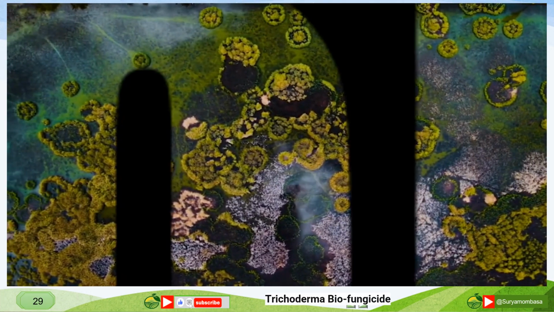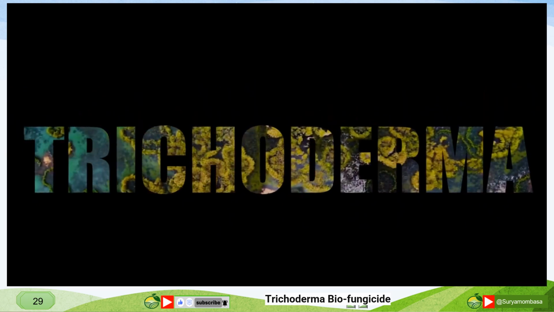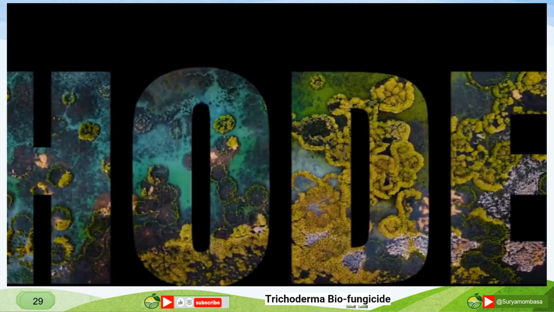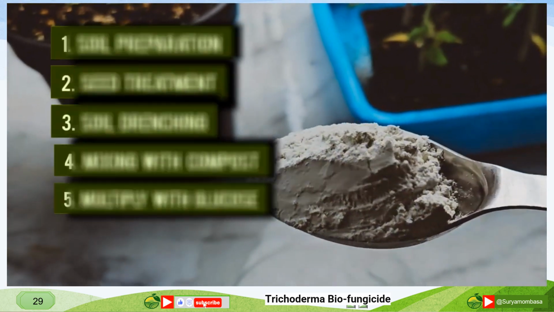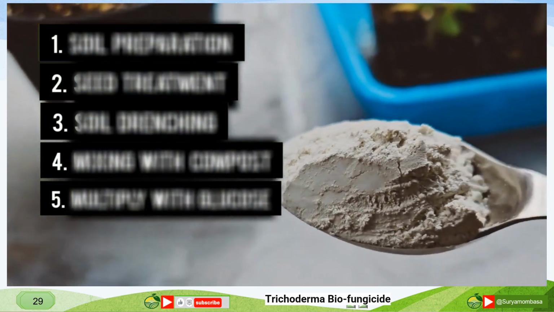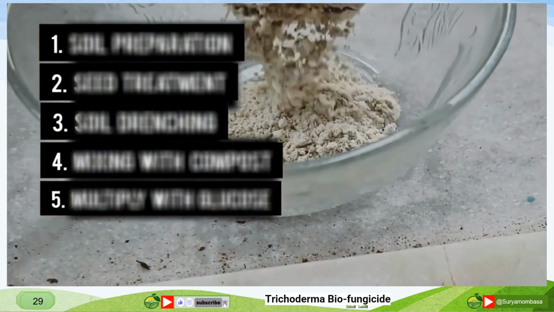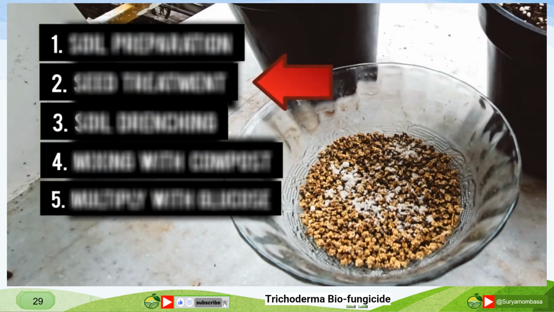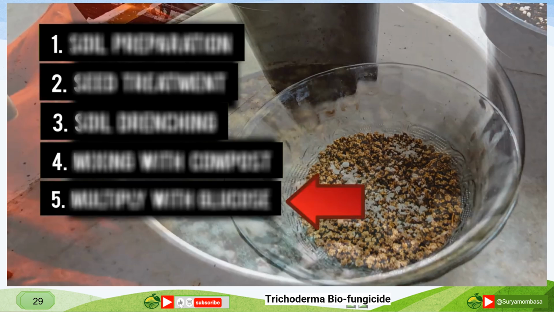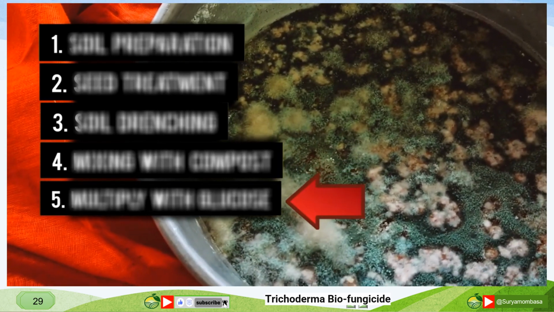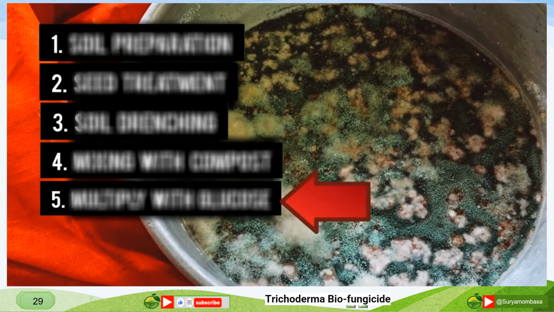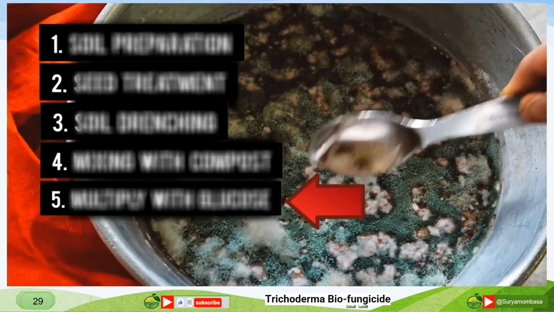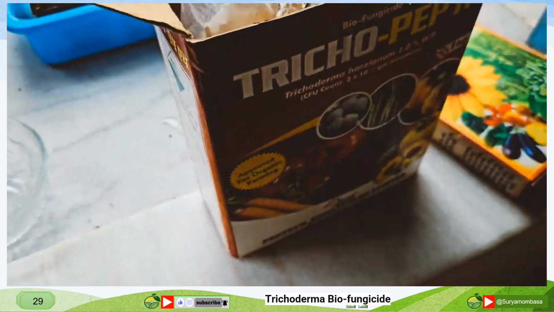In this video, we are diving into the incredible world of Trichoderma, a beneficial fungus that can do wonders for your garden. We are going to explore 5 unique ways to use this organic biofungus for your plants. Stay tuned because point number 2 is a game changer for starting seeds, while point number 5 unveils the correct and most effective way, and my personal favorite one, to use Trichoderma in our garden that you won't find anywhere else on the internet. Let's start with what is Trichoderma.